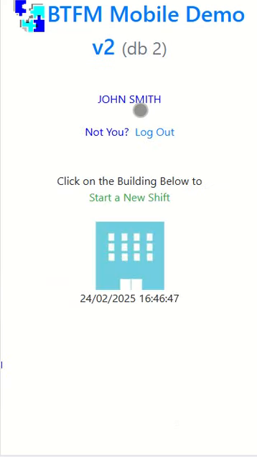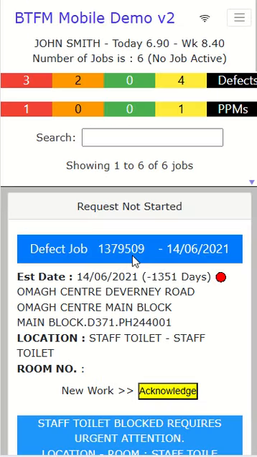As I say, you only have to do this once the first time you use the system. After that, it saves your settings on each device. There's a log out here actually if you're going to give the phone to someone else and then they would log in as I just did there. So I'll click on the building icon to start a new shift,